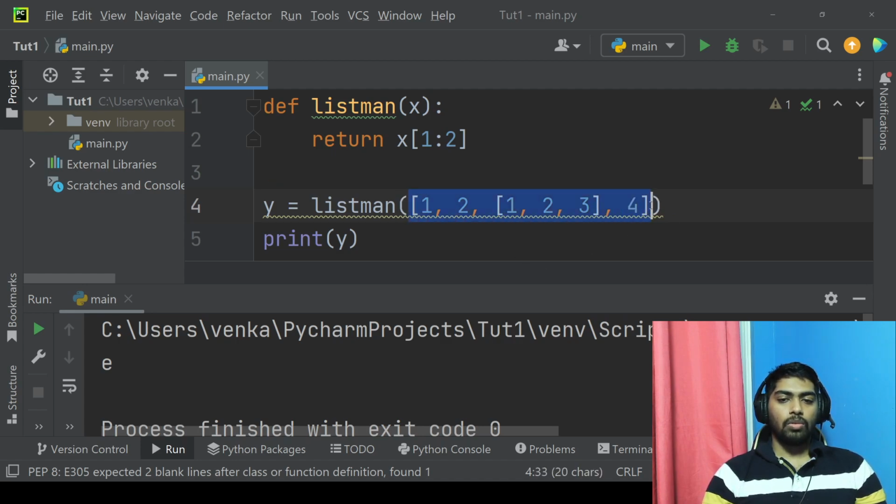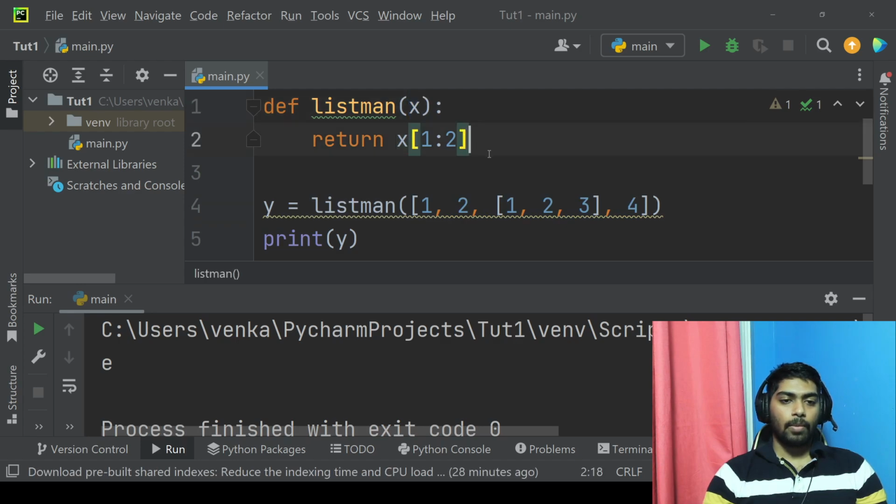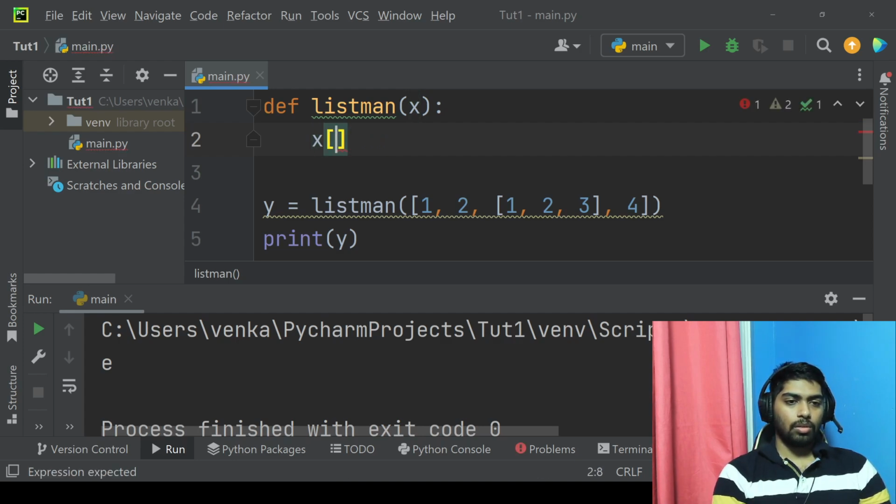So this value is being sent to the list X, and let's change X to